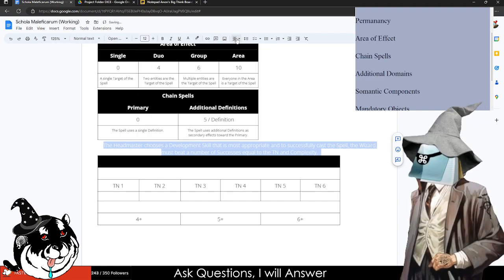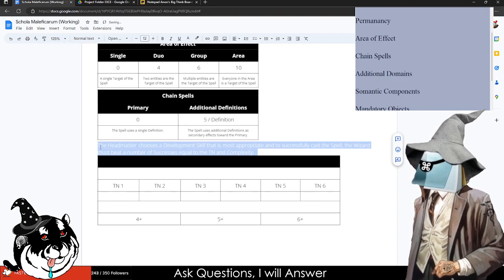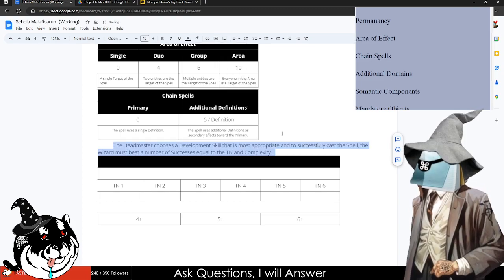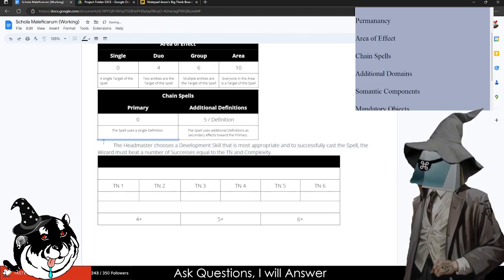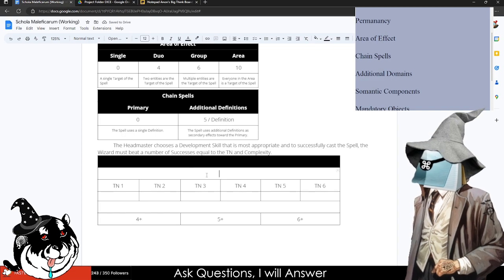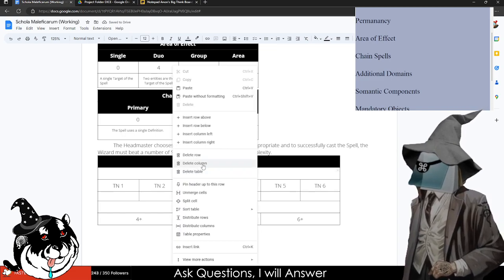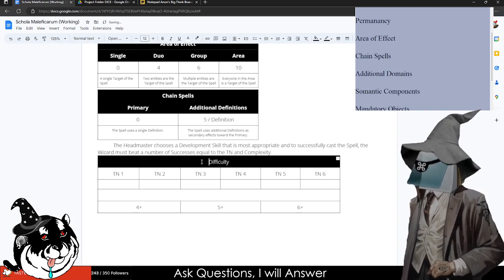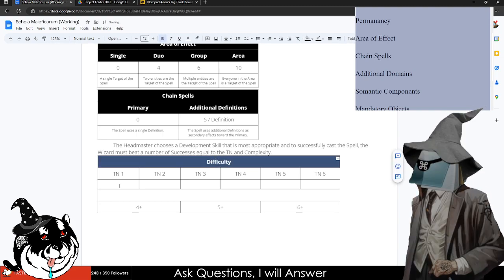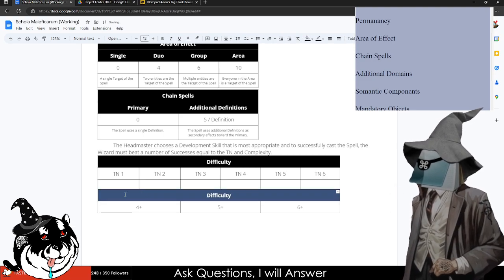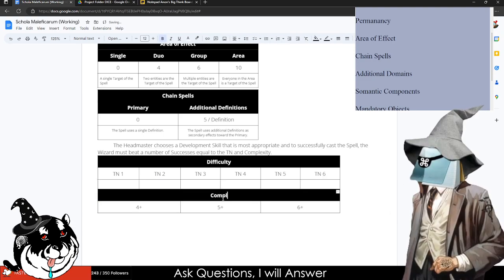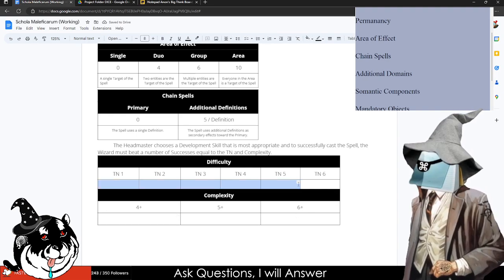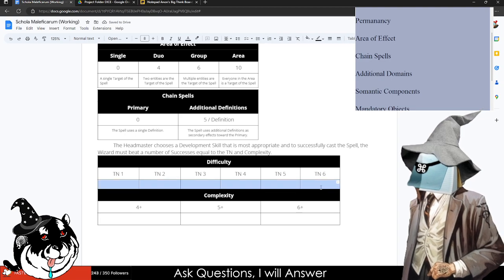This isn't final, by the way. I just need to make sure that this actually looks the way that I'm imagining it in my head. So this would be difficulty, complexity. So if we're doing this correctly, this would be